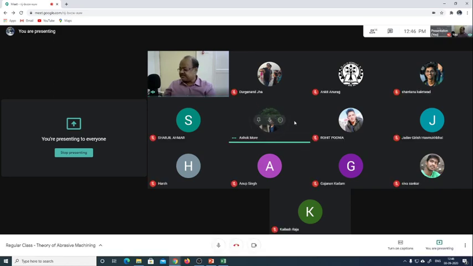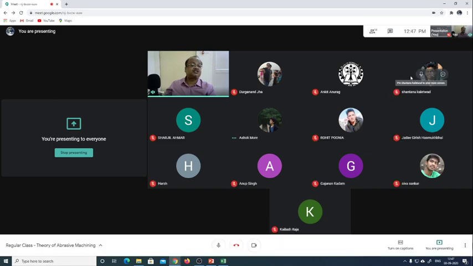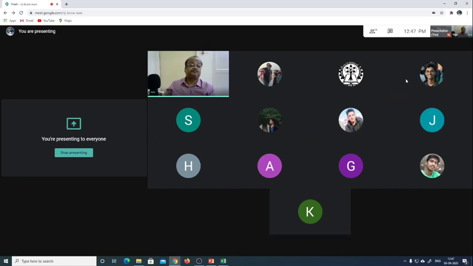So it is an external cylindrical grinding. Is it in-feed grinding or is it through-feed grinding? Is there a transverse motion or longitudinal feed? Sir, it is traverse motion. It is transverse motion. So what is it called? Is it called in-feed grinding or through-feed grinding? Okay, maybe Ashok More is confused. Anybody else? Shantanu, are you there? It is through feed grinding.